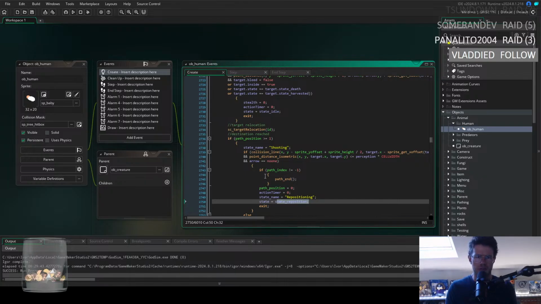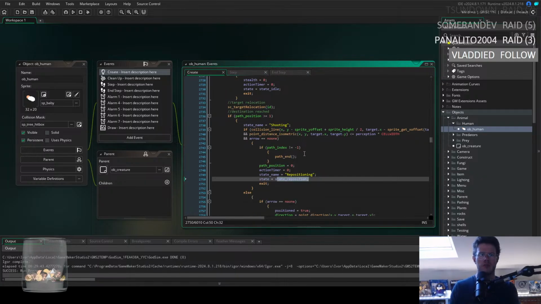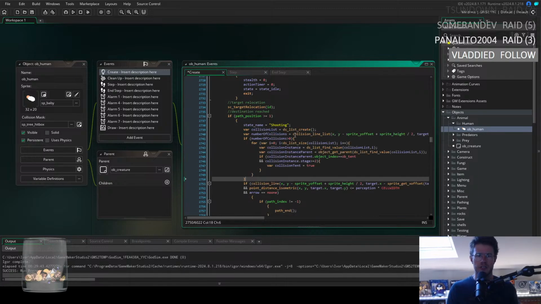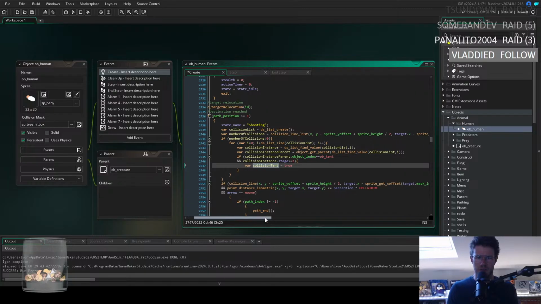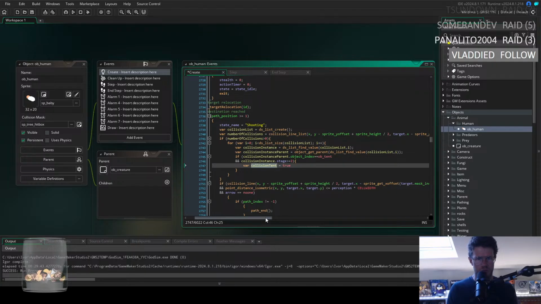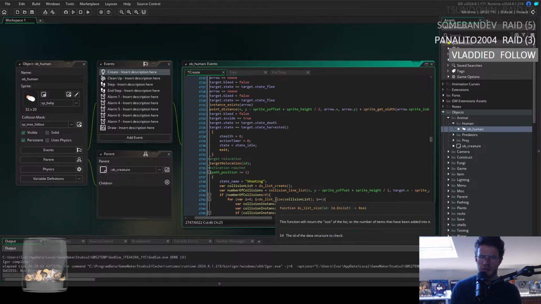I honestly don't know. But we also need to add this here and then do the same collision tent. Point distance isometric. Don't know why. We're just checking